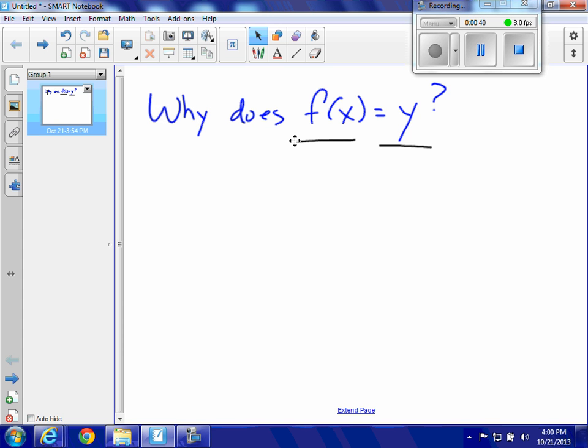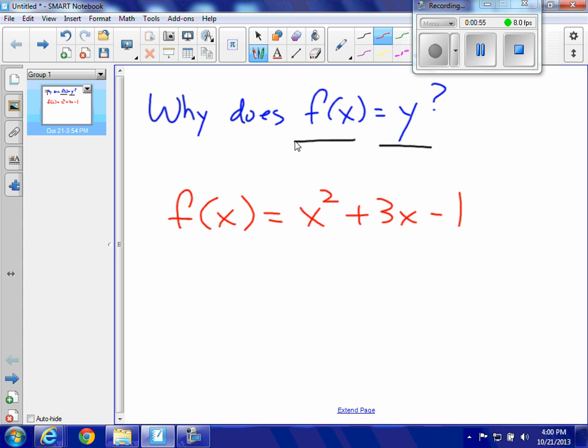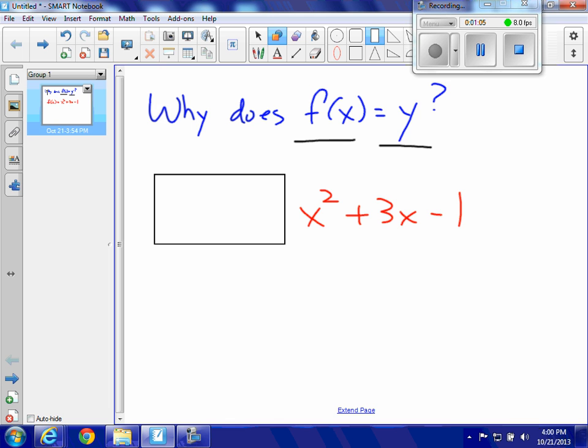So before I start on any graphing, I'm just going to treat it as an algebra question first. I'm going to make up f of x equals x squared plus 3x minus 1. Actually, I'm going to treat that as just an expression right now: x squared plus 3x minus 1. And if I said, well, what if x is 2? Well, then I would have